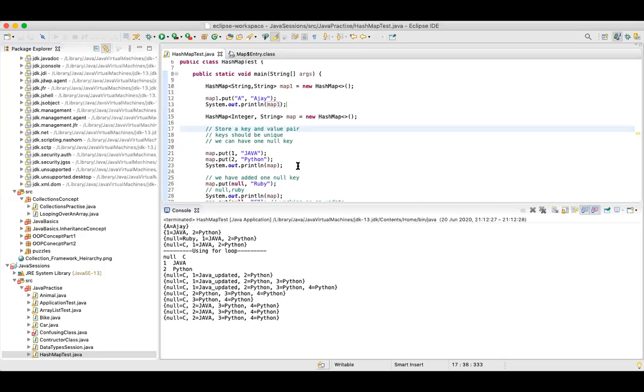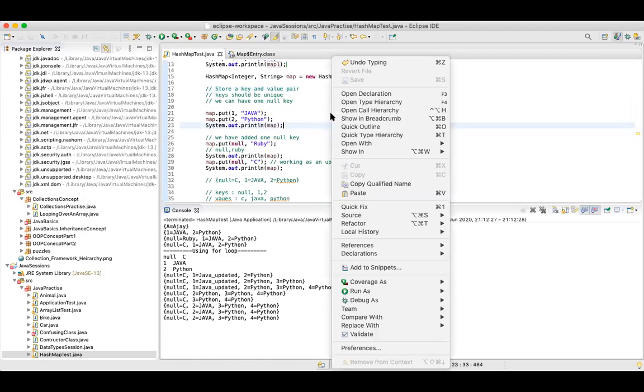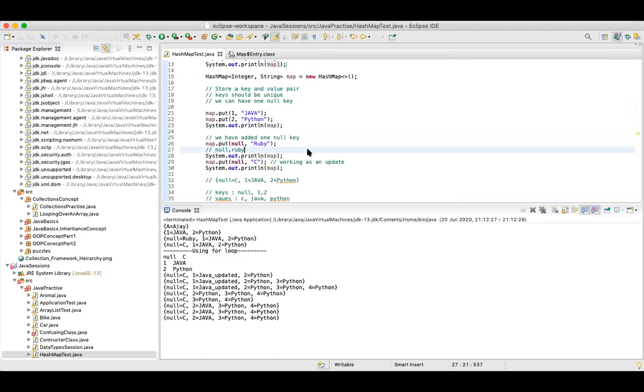So basically, let's assume you have a lot of students and you want to maintain a mapping of students. You can have a roll number and the student, so you'll use integer comma string. And in some other case, if you are using initials or some other method where you can have a string, you can have string comma string. So I think we have covered not only the collections, but we have also seen something from the map interface.